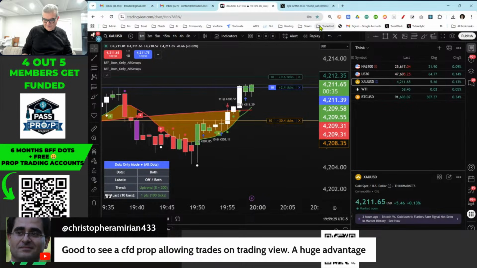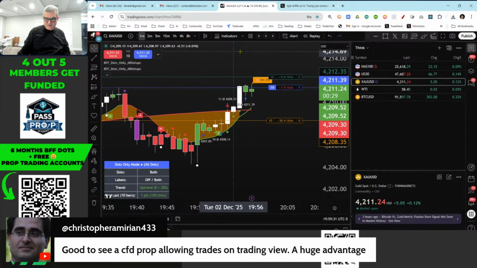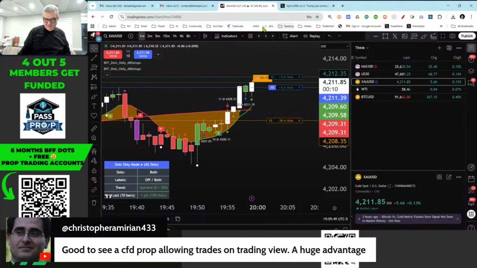So I'm trading this, I'm just following the dots to the upside. This is a very uncomfortable trade for most people because it's already had a big rise. But usually that's where you want to be. You want to be on the side where you think it's least likely to go to. So I'm looking for 1235.